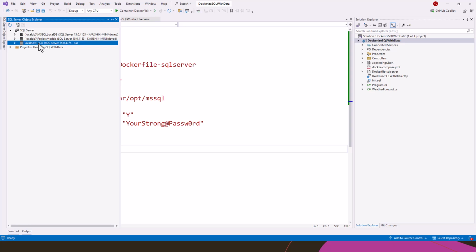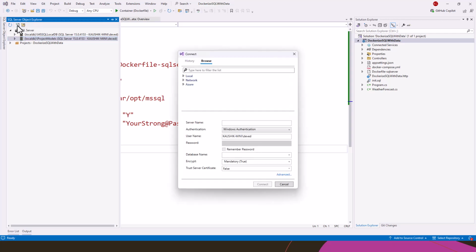If you delete it, if you disconnect, I can show you it's reconnected by adding another SQL Server, and I'll give the server name as localhost because we are using the server port or host port 1433, and this is certainly SQL Server authentication